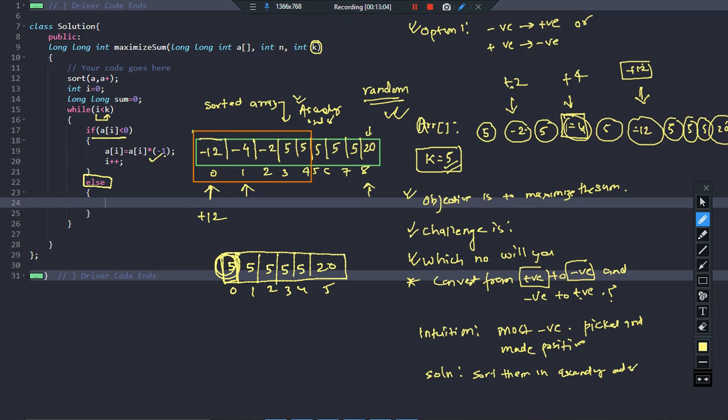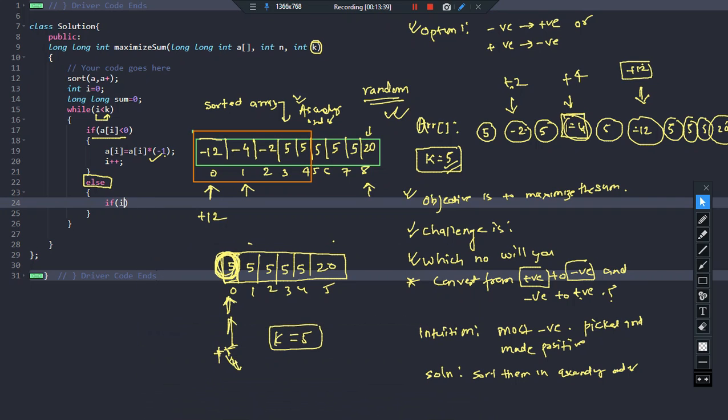So don't you think it will be a smart move to use all the k operations on this element itself in every iteration? If I have got 5 chances, all the 5 chances I will shoot here only. First chance I'll make it negative, second chance I'll make it positive, third chance again I'll make it negative, fourth chance I will again make it positive. So you just have to play with the smallest number, and this number only. I'll not look at any other number, because if I found that the first element itself is positive, that means there is no negative number in the array. So that is why I'll be checking if i is not equal.